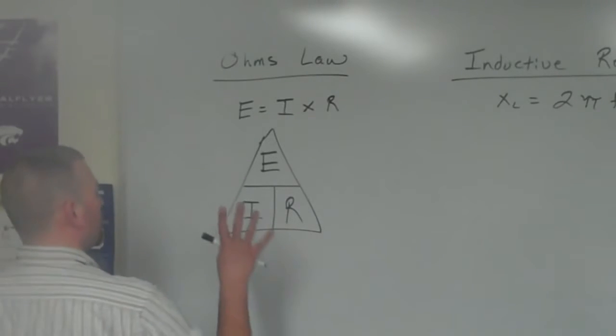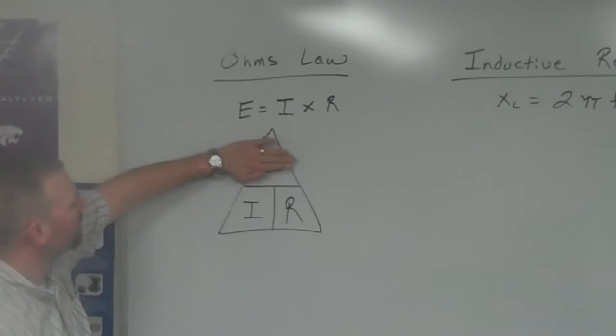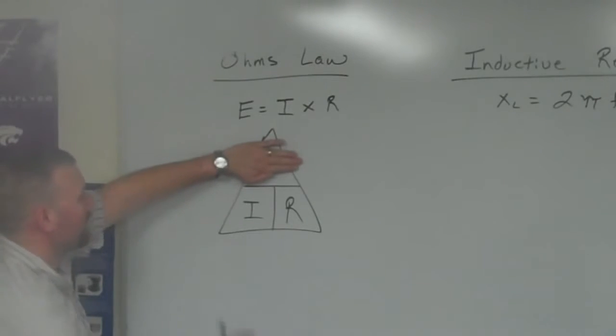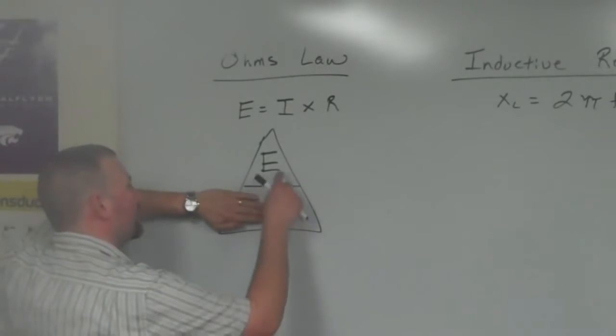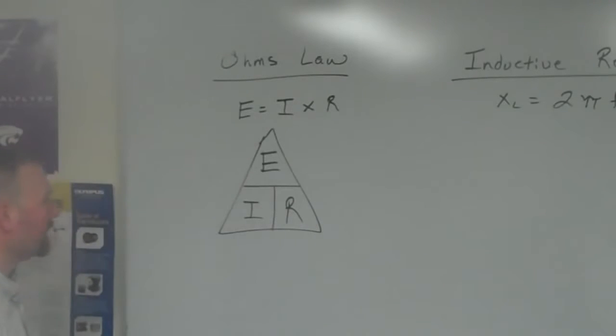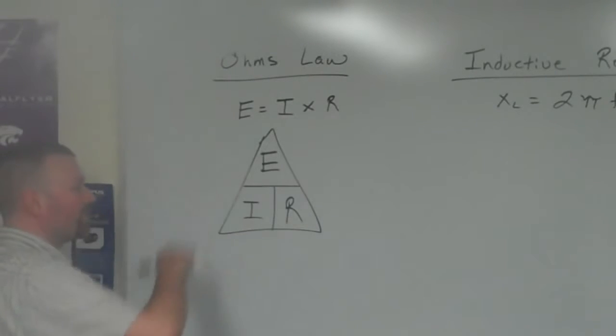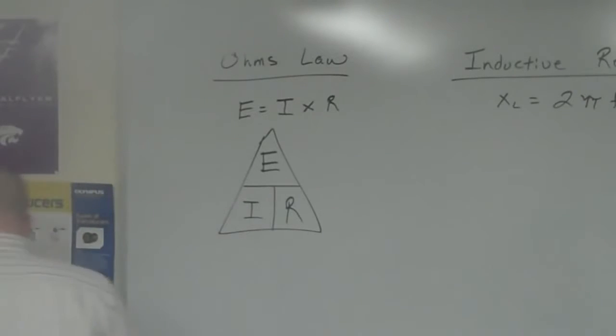So, if we were looking at the Ohm's law triangle here, if we want to calculate for volts, we would cover up the E and it would be I times R. If we were going to calculate for I, it'd be E divided by R. Same way with R, E divided by I. So, knowing what these stand for, if we were to plug in an equation here, looking at number 1